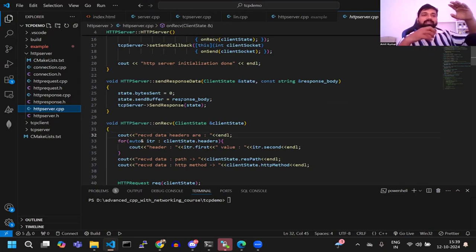So I cannot directly keep an object of the HTTP server here and then call from that because it doesn't make sense. You would end up with a cyclic dependency: HTTP server is using TCP server and then TCP server is using HTTP server. If you have to remove that kind of cyclic logic, the best thing is to pass on the